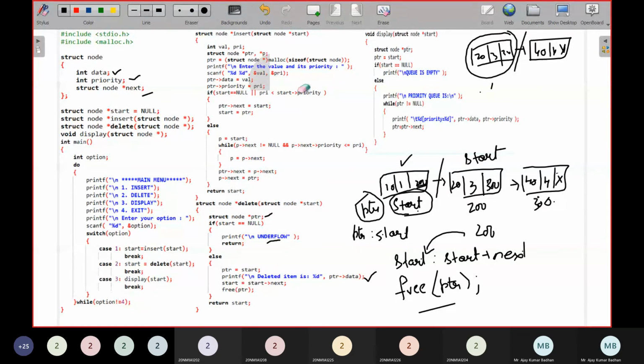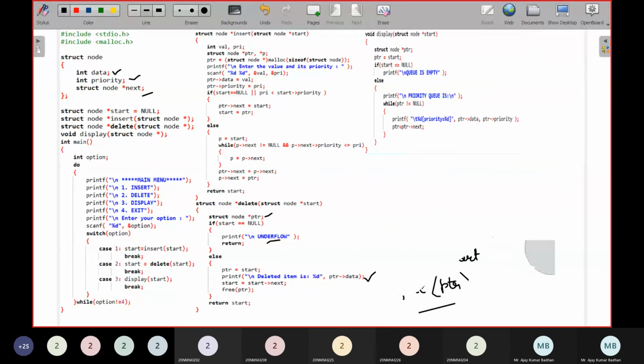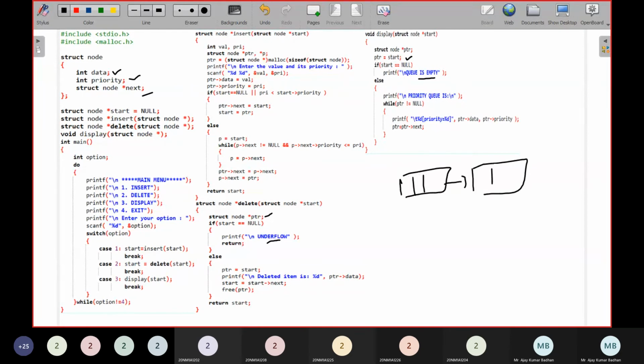Okay, so after this, displaying is also very easy. Just give me 2 minutes, I'll complete it. Same way, I'll first use a pointer to refer to start. If start is equal to null, simply say that the queue is empty, else you will be displaying the elements. How? Well, you have already represented pointer with start. So pointer is pointing to the first node. This is your first node. This is your second node.